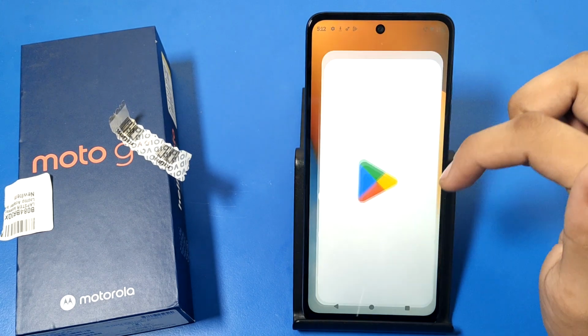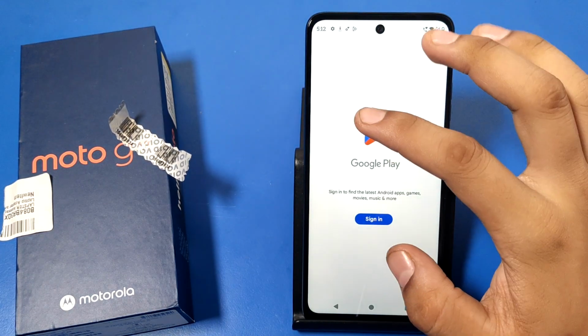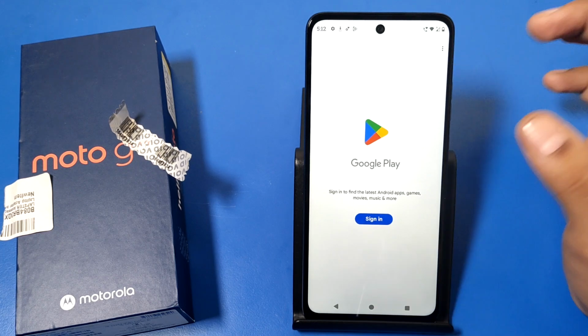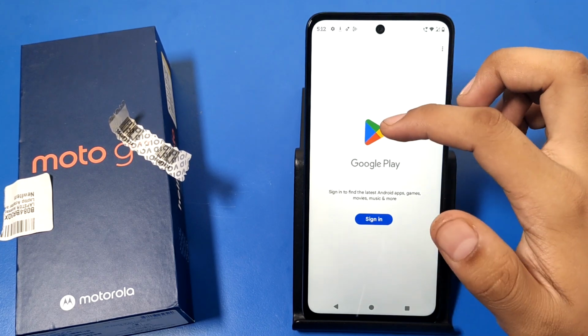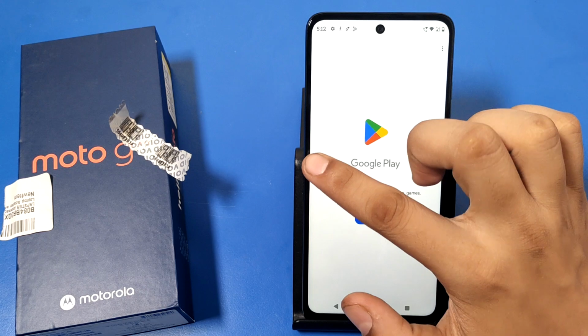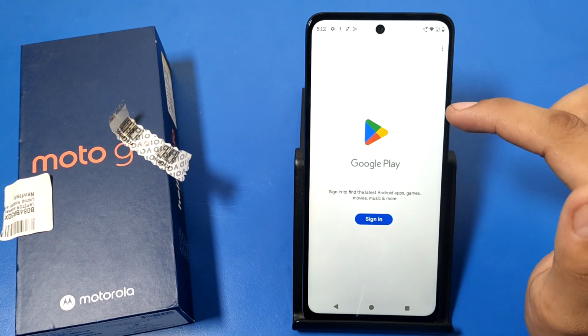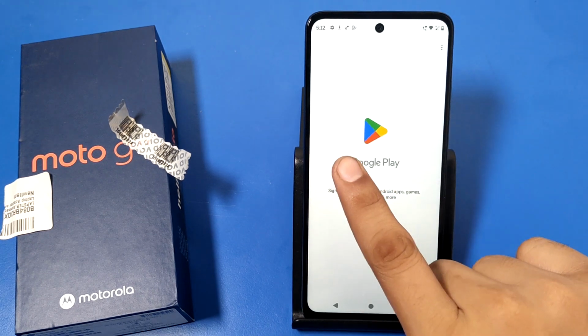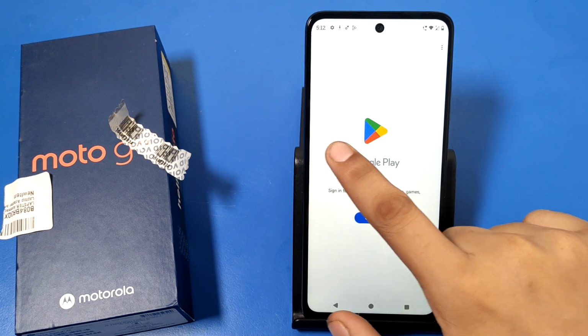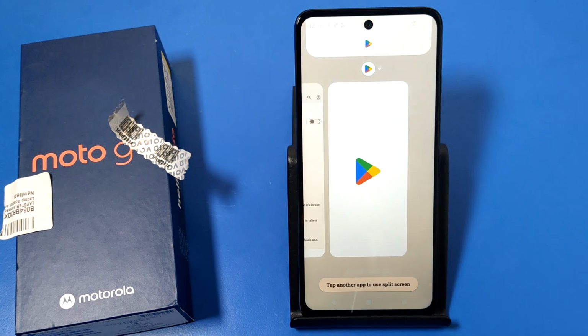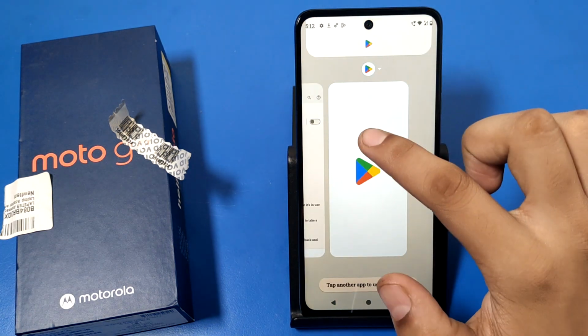If you have opened any one app, and you want to split the screen between this app and another app, like I show you YouTube and Google Play, first you have to swipe left to right and right to left. I show you. First you have to take your finger left to right, right to left, and friends you can see